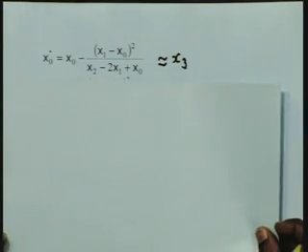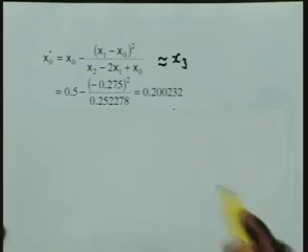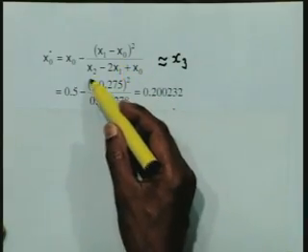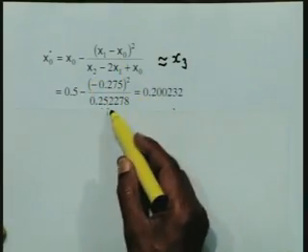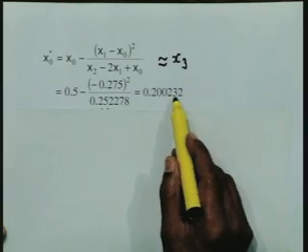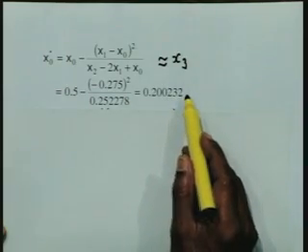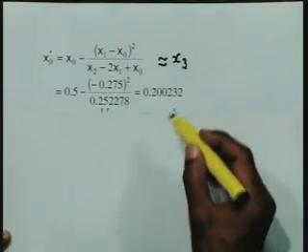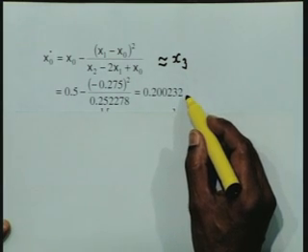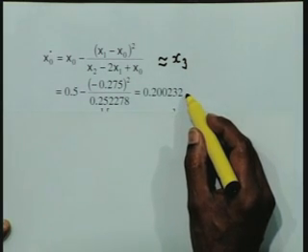So this is the approximation. Now we have the values available for us, x0, x1, x2 values are available to us. So let us substitute these values here and simplify to get 0.200232. Now what we are claiming now is that this value is a value as if it has been obtained from a second order method, not from a first order method.